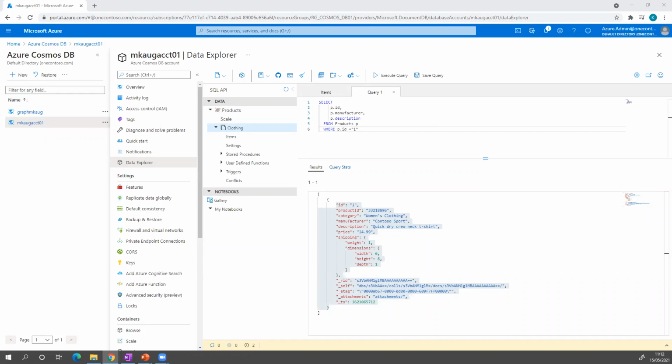The container logic is similar to tables, but because it's JSON format, it has a different concept. Here the partition key is the one helping you to maintain your data size separation. But this product, okay, if I go,